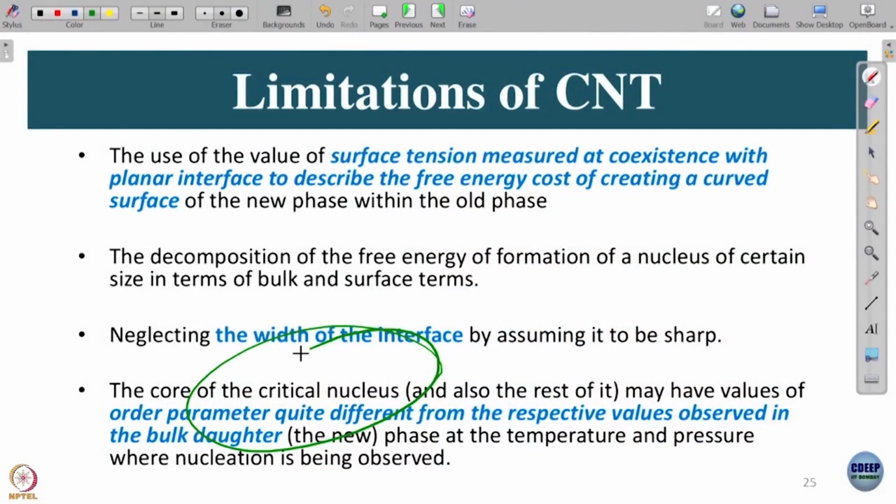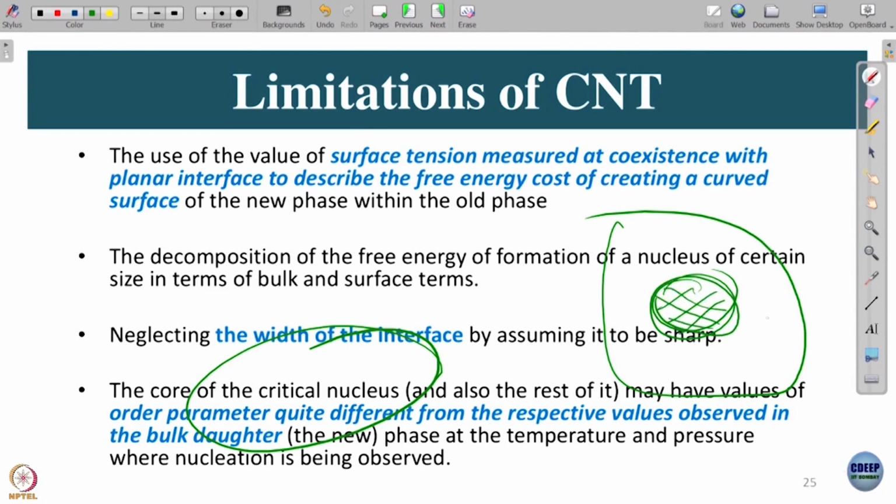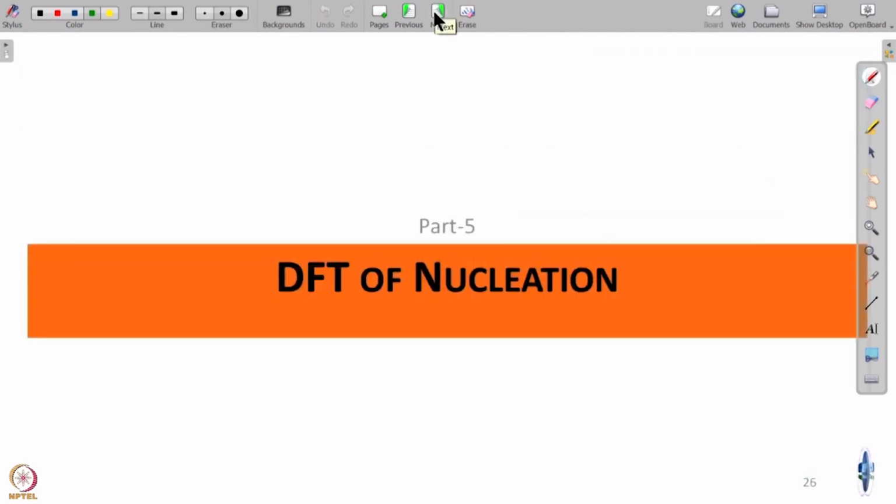Then we assume it as a sphere, that is a limitation, and many times they are a little elliptical, as simulations have shown. And then the core of the nucleus is really liquid like, but in nucleation we are assuming a sharp boundary, with the core being that of the new phase and outside the old phase. That is not quite like that, because to some extent it is core like, but then there is a diffuse region,